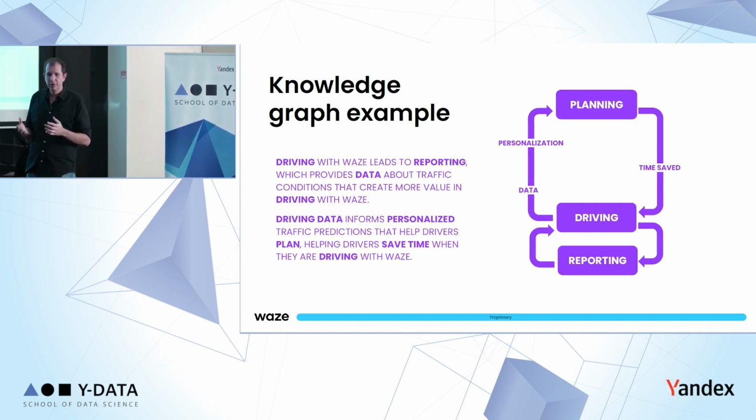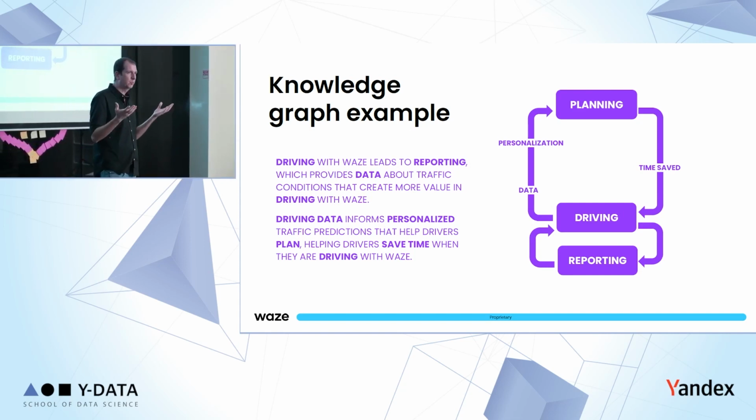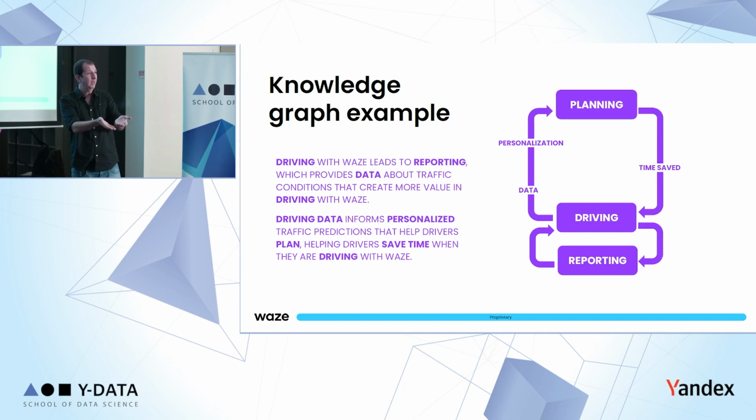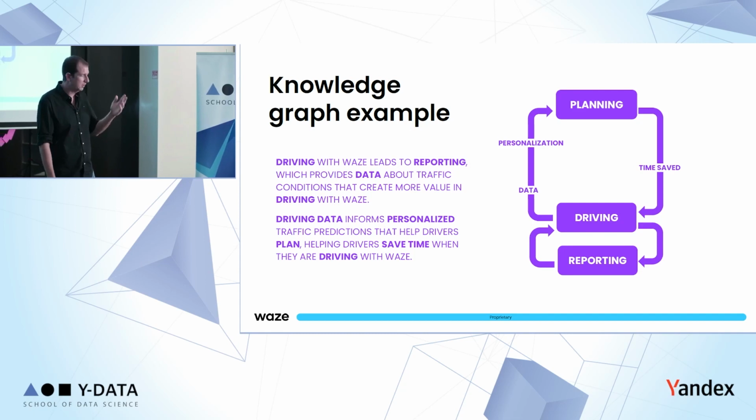So this behavior can be interpreted by two different product analysts with a completely opposite direction for product development. One product analyst might say, hey, those people who are just using us to check ETA, it costs us a lot of money to calculate the route for them, and then they don't drive with us, they don't see commercials, they don't even give data away. You're not using the turn-by-turn navigation, so you're not even giving data for helping other people to make their predictions more accurate. That's not a good thing. We should make sure that these people don't have access to the app. Just kidding. No, we don't do that.